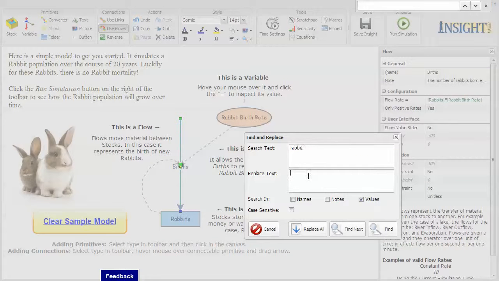Now then I could go ahead and tell it that I really, in addition to just finding it, I want it to replace all occurrences of rabbit with fox, and I want it to do it every place that it exists. So since this is a little dangerous,